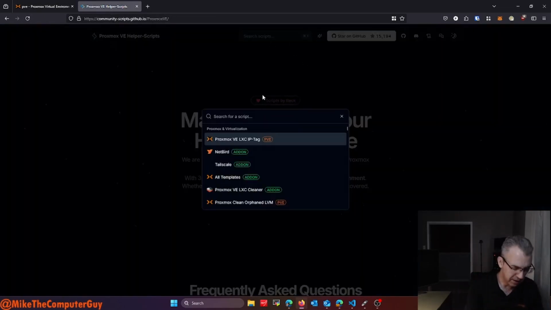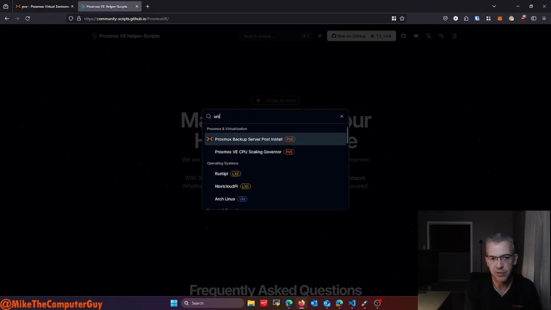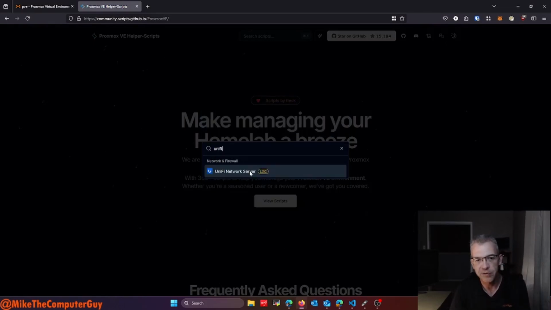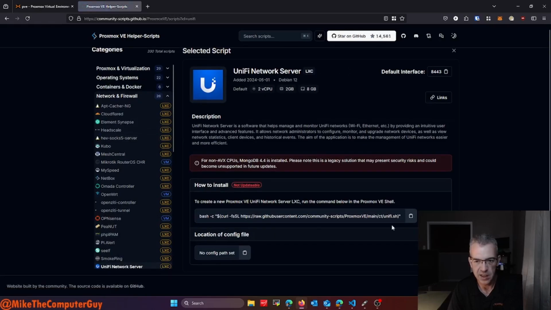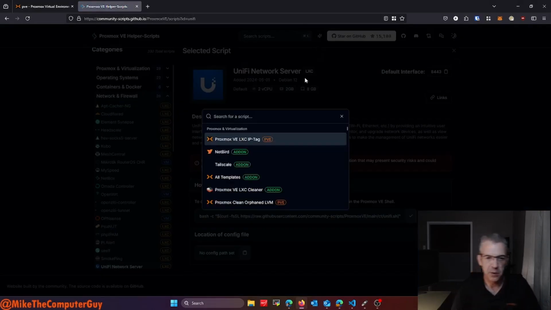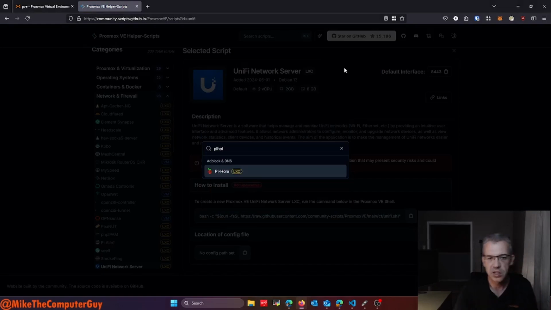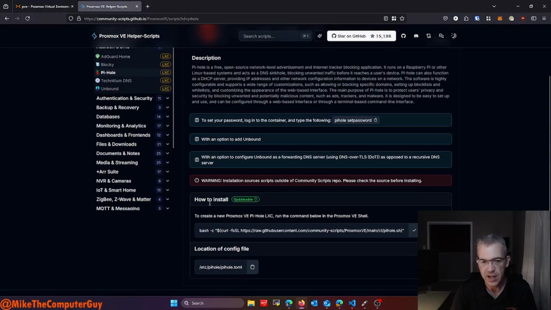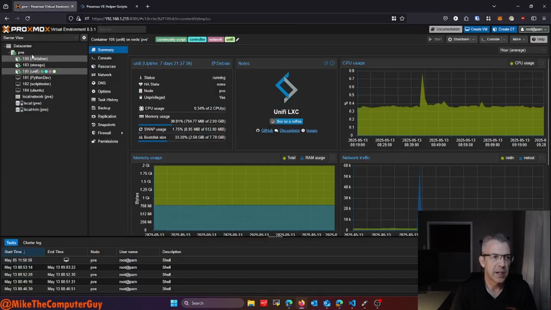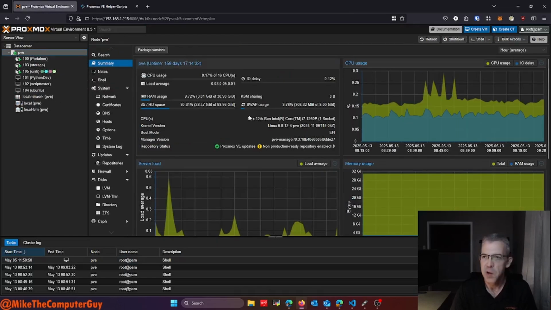So what I have done is, this is a Unifi controller. If you wanted a Unifi controller, you would just go over here. I will also post this link below the video. But you click on that, you take this item here, but I'm not going to do that. Let's just say I want to make a Pi-hole. Since I already have a Ubiquiti going, I would just take this shell script, which I copy, and then I would go over here to my Proxmox main item, open the shell,